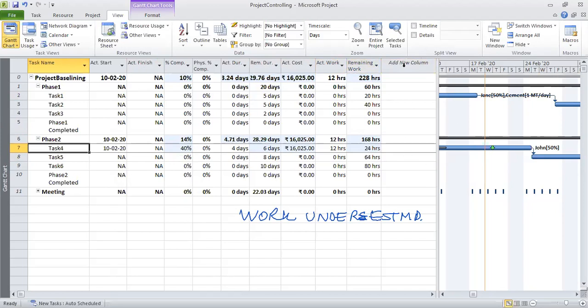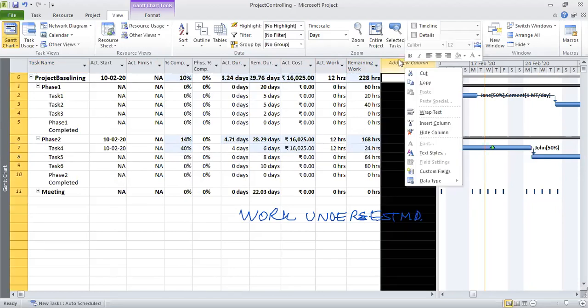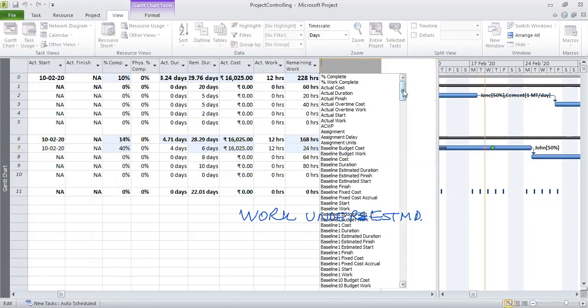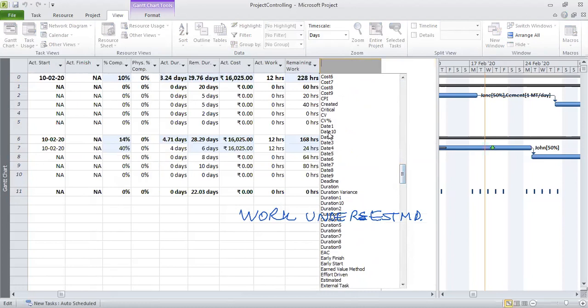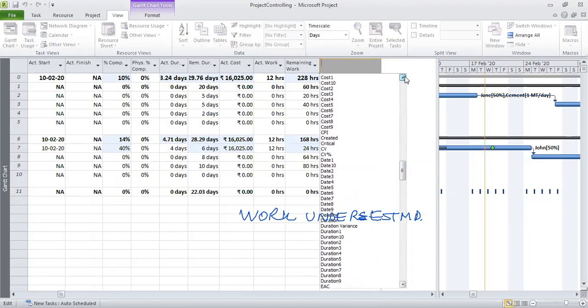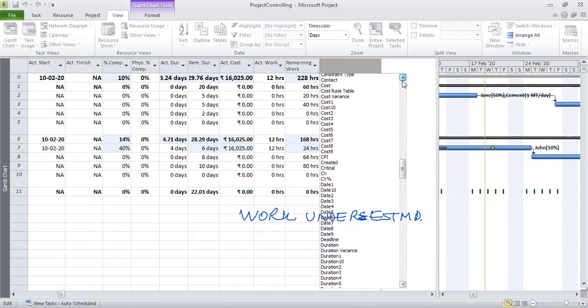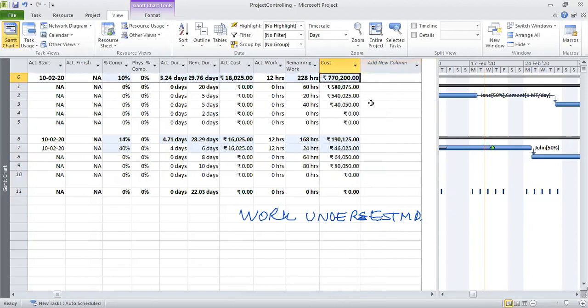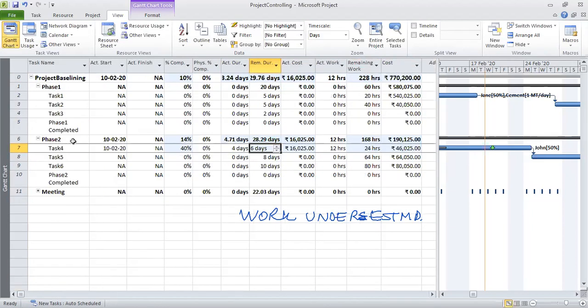Here we go, cost. Make a note of the cost. The cost is right now 46,025. It is going to take 6 more days. So let us see if we change the assignment of John.